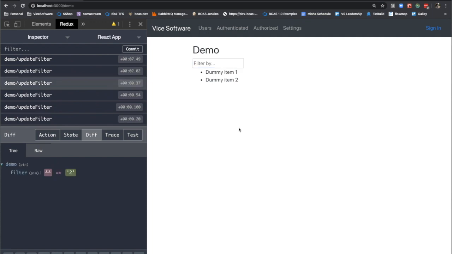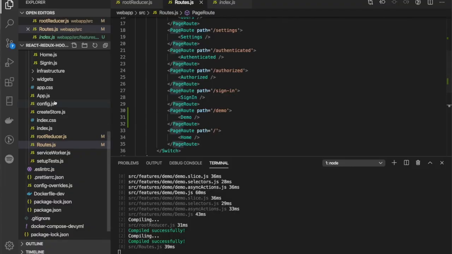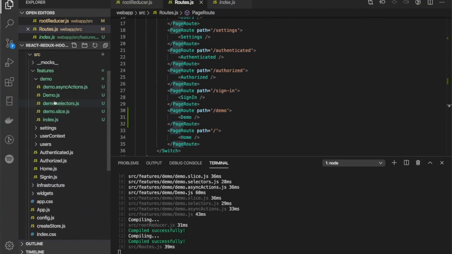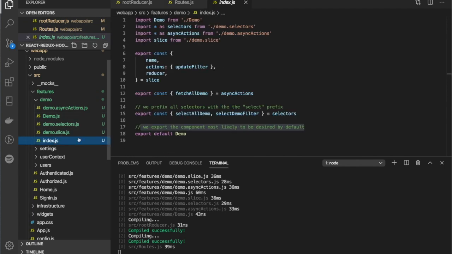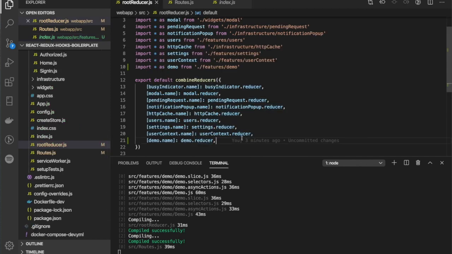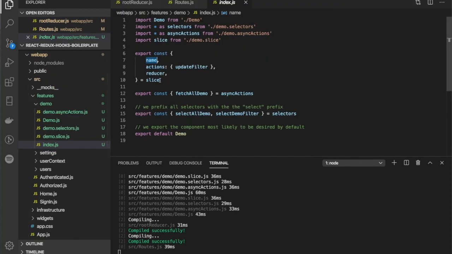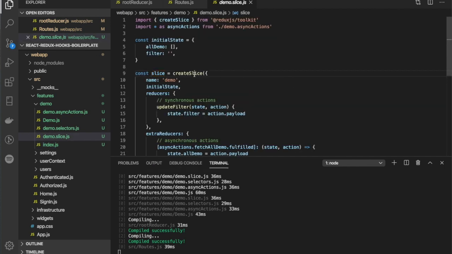So let's take a quick look at the code that was created for us and how all that's fitting together there. So we're exposing the reducer and name, as we saw, off of reducer here. So what does that exactly do? If we go look at our slice here, we're using Redux